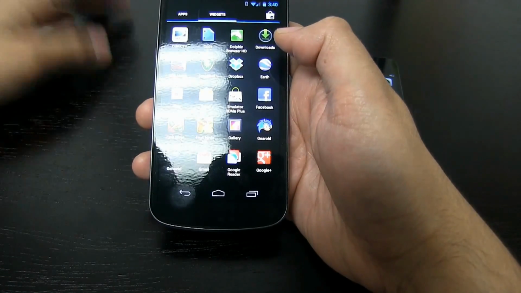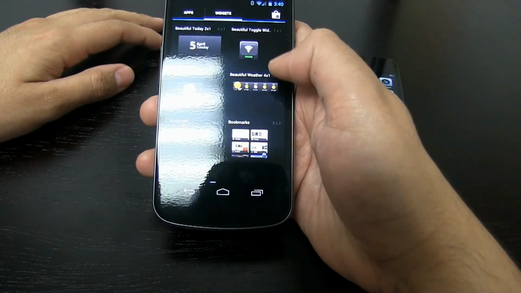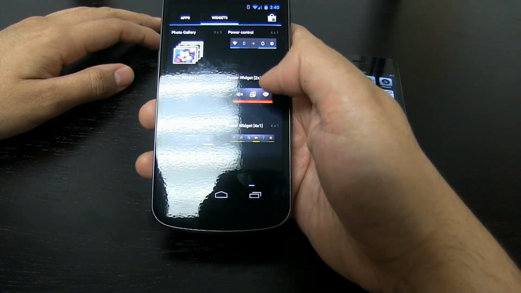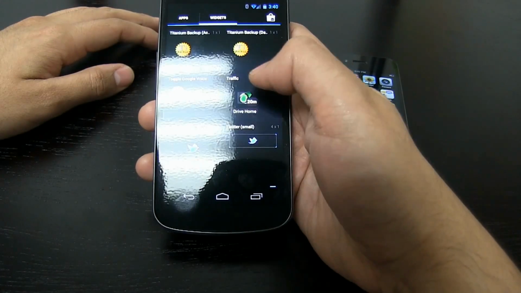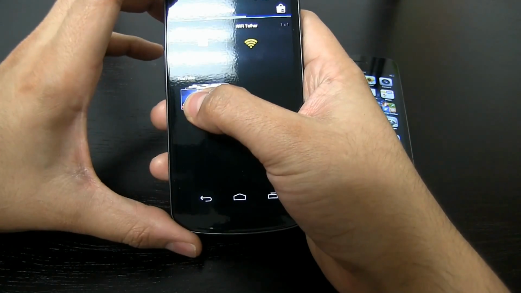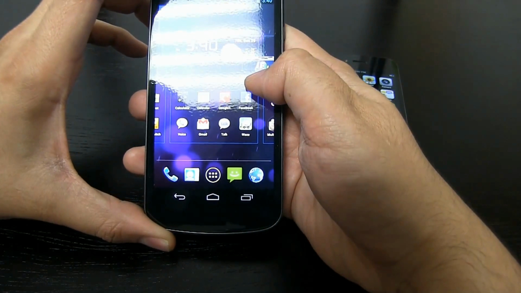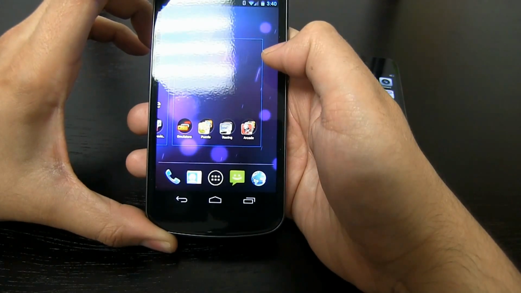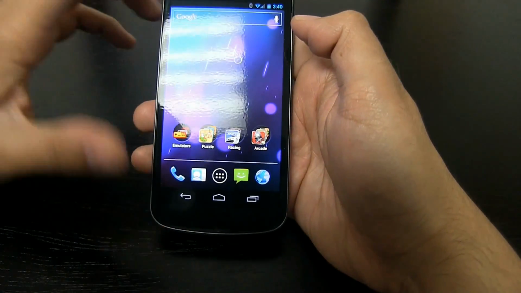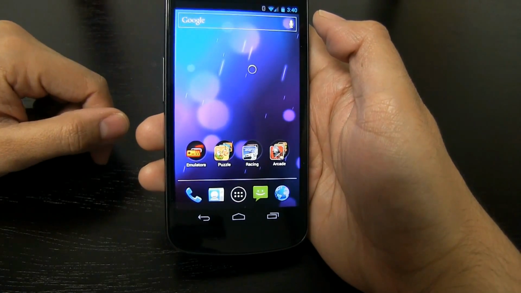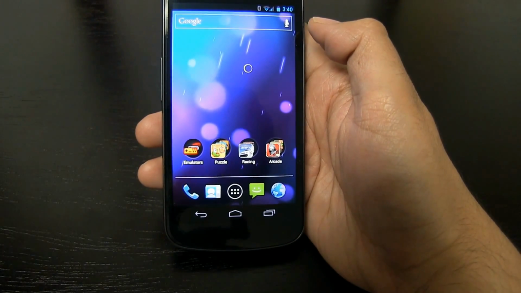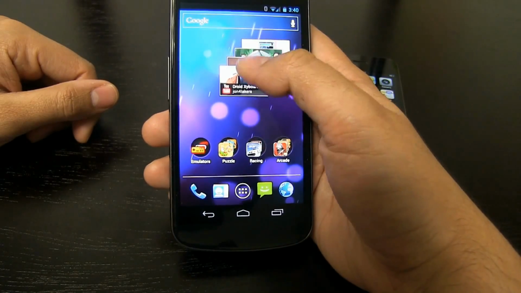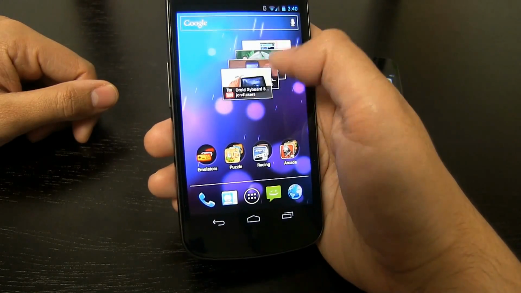So for example, if I wanted to have a widget of, let's say, YouTube, I can easily, without having to open up any other application to see videos, just, let me drop it over here. I think I have it open right here. This will load up a list of all of my subscribed videos on YouTube. So from here I can just do this or go back.